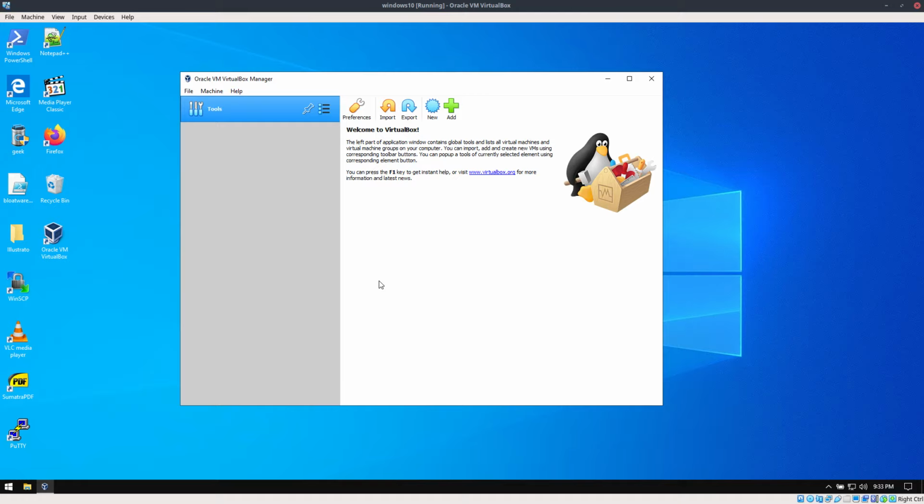I suggest you practice this as much as you can, create as many VMs as you want, delete them and such, because next week we're going to be installing the operating system not only on the virtual machine but on the physical